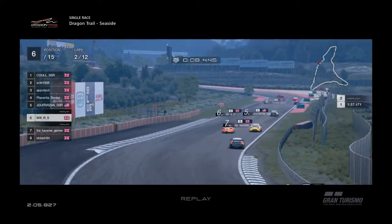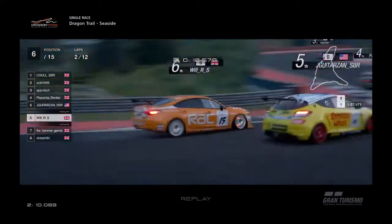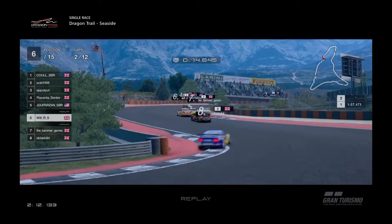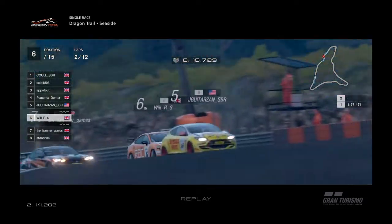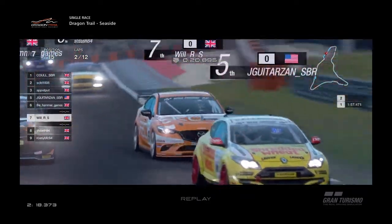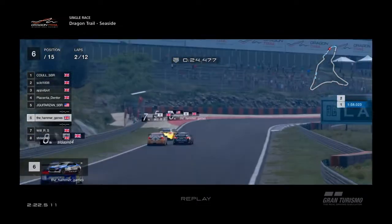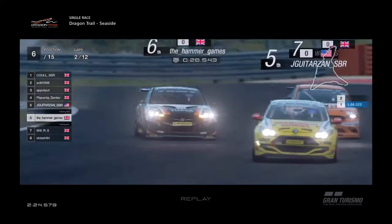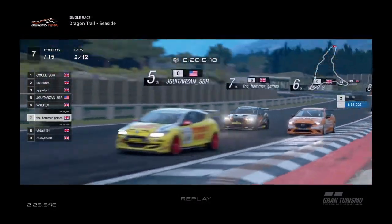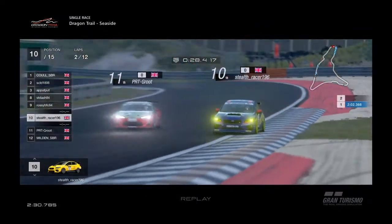And yeah, Sean's recycled his car. His wheels down the inside of Jeff to try and take that place back, and not happening. So Jeff moves up into 5th, goes really wide, strikes up the sparks and gets gravel on the track. And that's enough for Nick to come through as well. He just waited for that and saw it happening in front of him and took advantage of it. Just behind that, it looks like it's Ashley, who's in 8th place. 9th was...